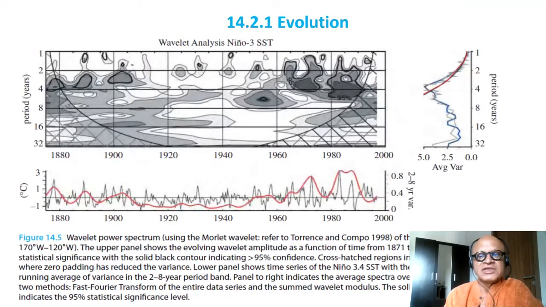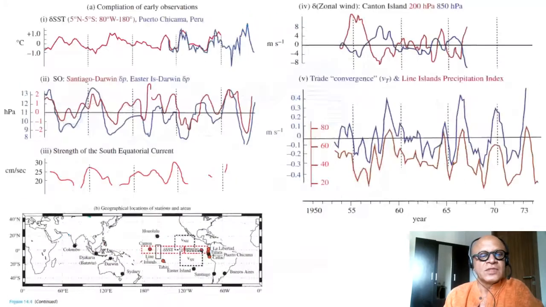So, oops, I misplaced the... oh, there it is. So this is the data that was being used in these plots. You have Honolulu, Canton, Tahiti, Line Islands over there, Lima, Peru is over here, and so on. So the data from these sites is being used here to look at delta SST, which shows that the